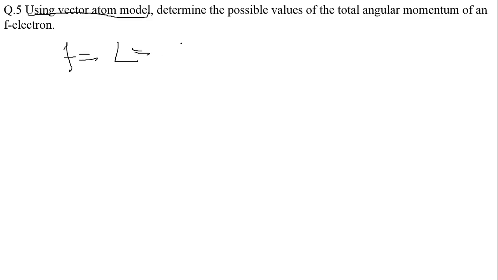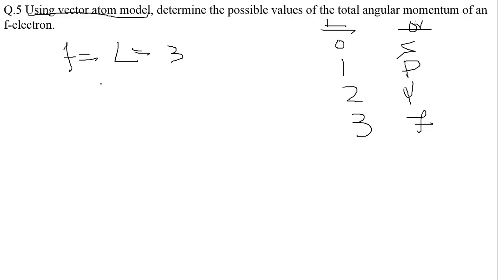L will be 3, because if we consider the L values and their orbital names, for L equal to 0 it is S, for L equal to 1 it is P, for L equal to 2 it is D, and for L equal to 3 it is F. So for F, L equals 3,